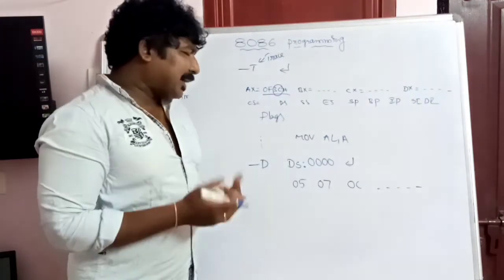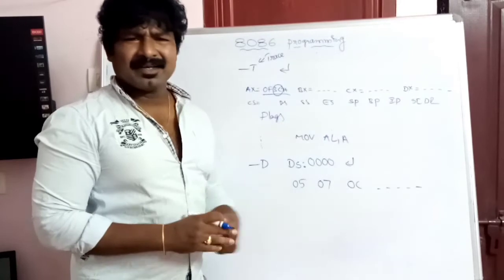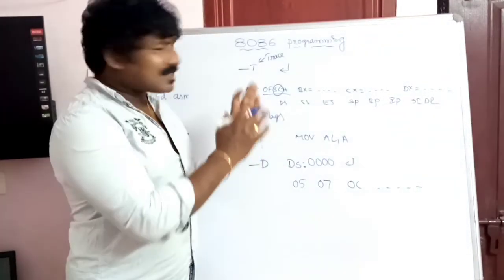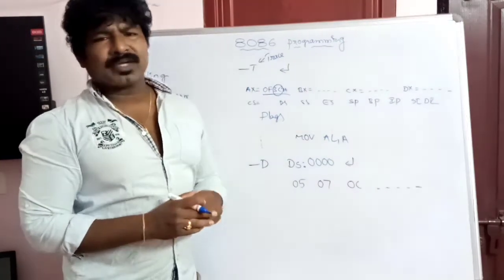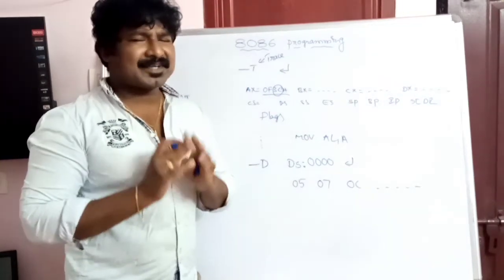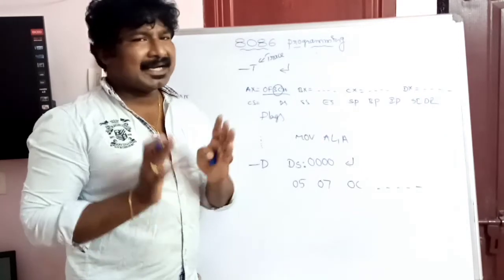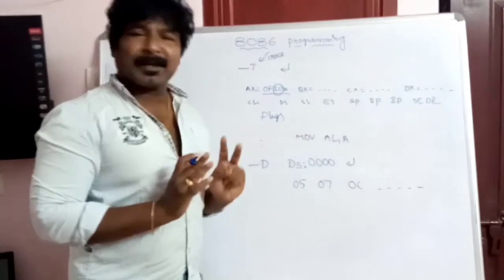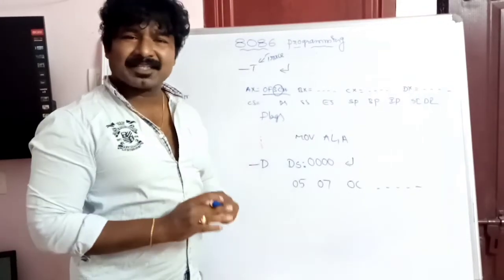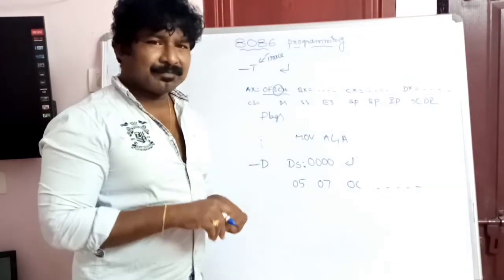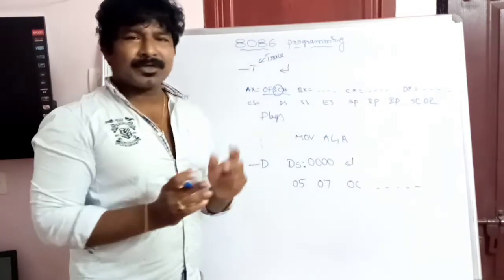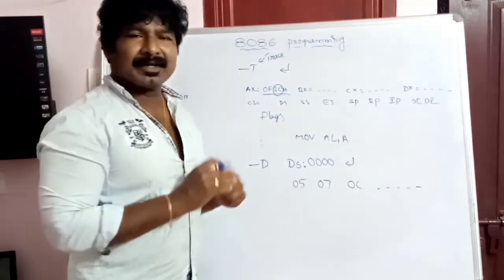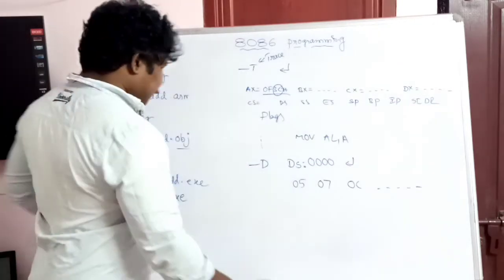So you may be wondering what these values are, or where all these values have come from. For understanding the execution of the program, all you have to do is draw a rough figure for the data segment. I'm just trying to explain how your data segment will look inside the memory. For that I want to draw a figure, and with the help of that figure, I'll try to explain how your data segment looks.